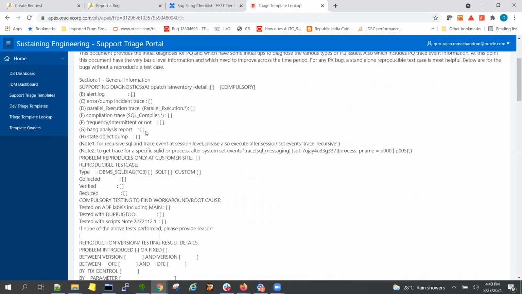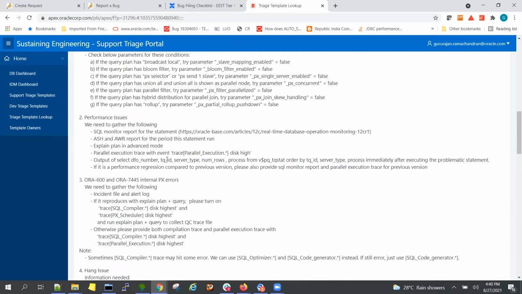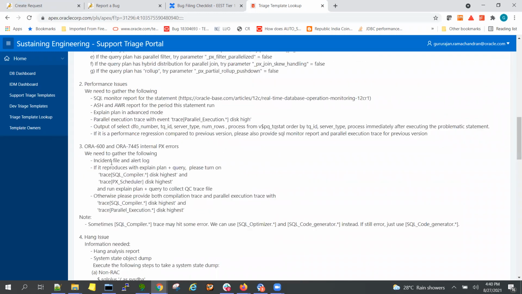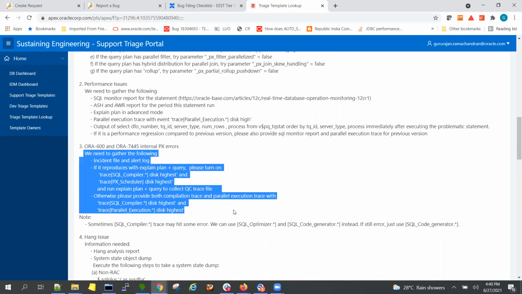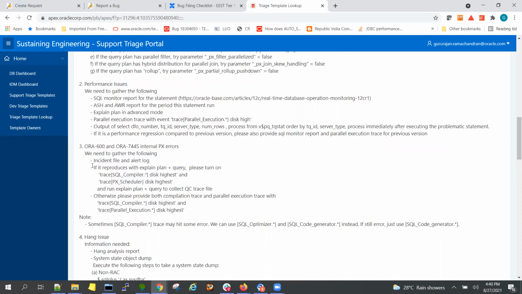So important is you have to decide. For example, if you are filing for ORA-600 7445, what they are saying: incident file is required, alert log. If it reproduces with explain plan and query, please turn on these traces. For example, you are getting an ORA-600 error in the DW area, that is a parallelism area, PX area.